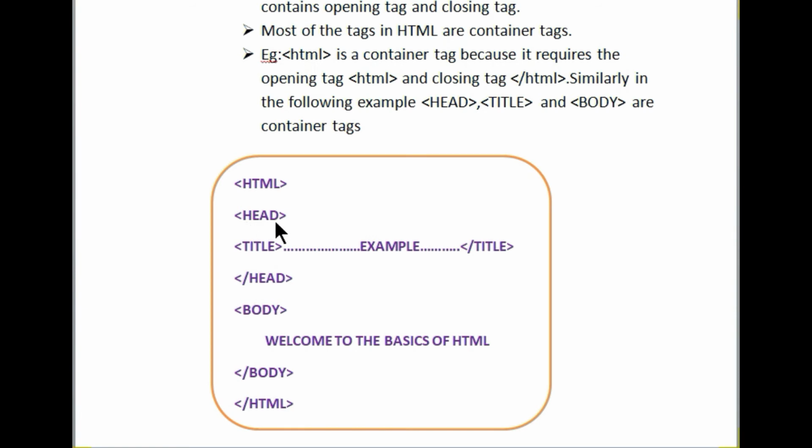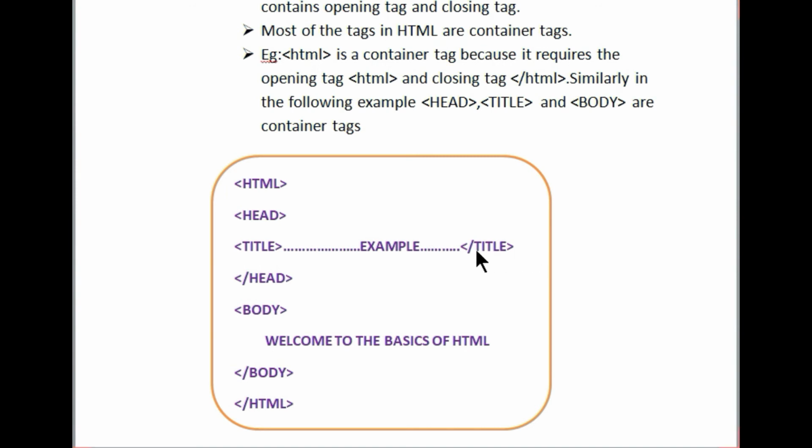Next container tag is head. See here, head opening tag, head closing tag. So for the tag head to work, it requires both the opening tag and the closing tag. Next one is title. Title is a command. We will go into detail on it in the next class. For the command title to work, it requires both the opening tag and the closing tag.